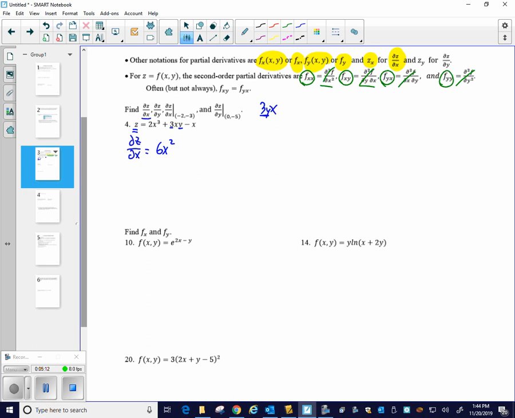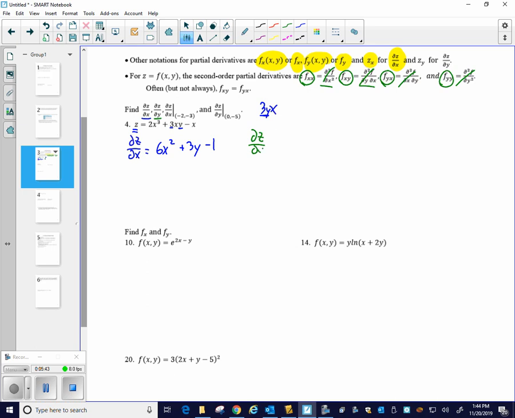Group those two things together. If that 3y was like 15, the derivative of 15x would just be 15. Well, the derivative of 3yx, because the y is now just a constant, is 3y. And then minus the derivative of x, which is 1. That is dz dx. It also wants us to find dz dy,